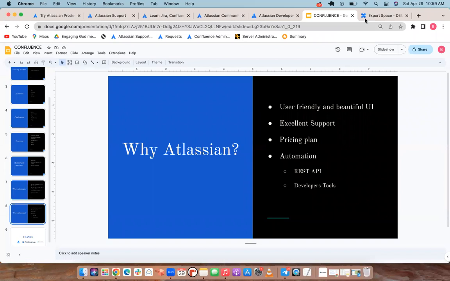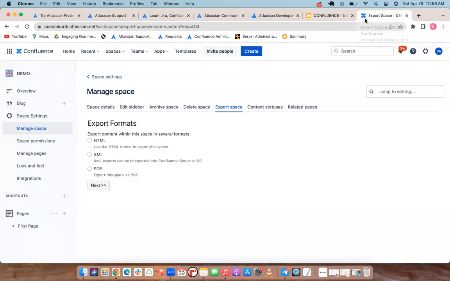I've used a free Atlassian site for this demo. And for as long as the users on this site